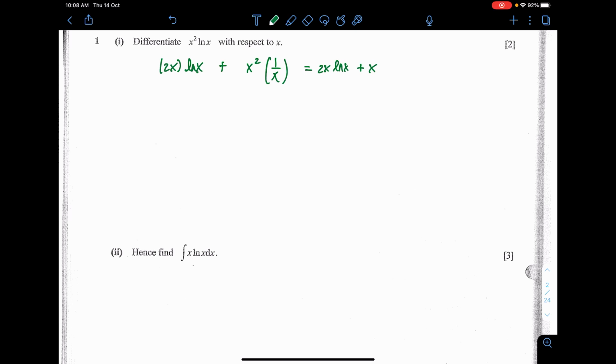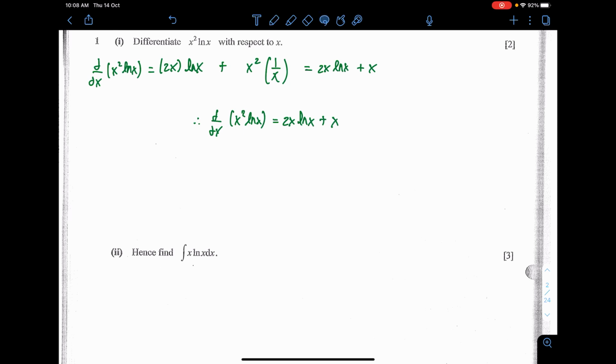Okay, now this kind of question, right? I need to actually use whatever I write down over here. Let me emphasize a little bit. Now I can say that I'm going to differentiate the question here, x squared ln x, and that results in this answer. So to speak, differentiation of x squared ln x ends up with 2x ln x plus x.